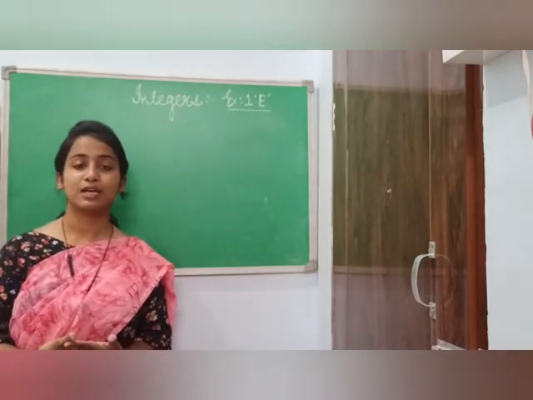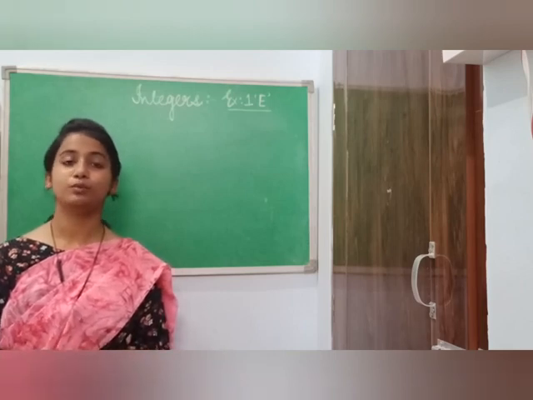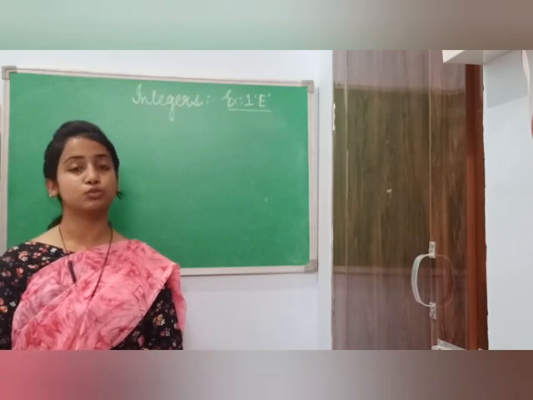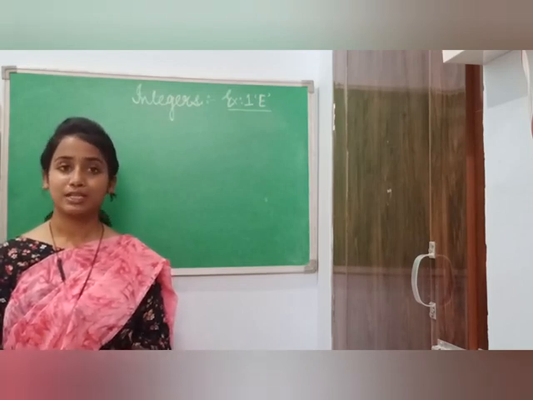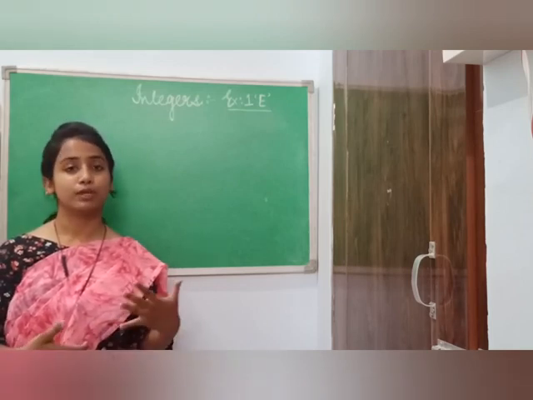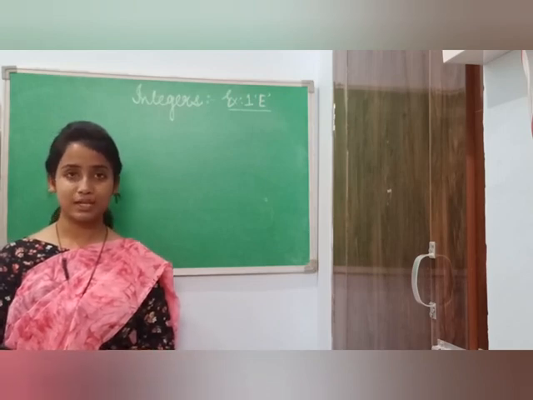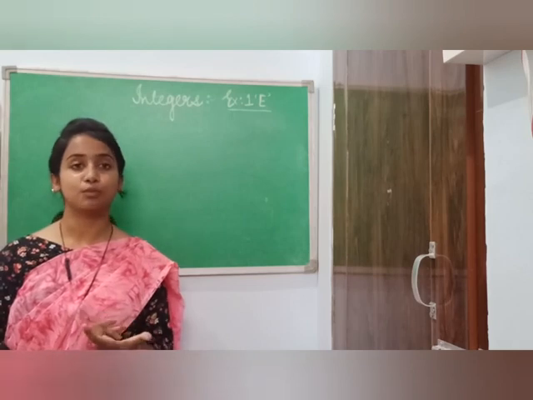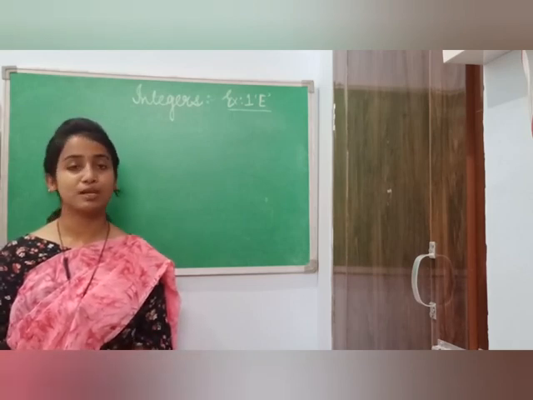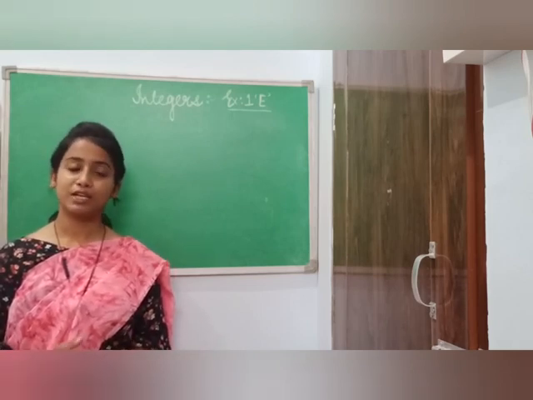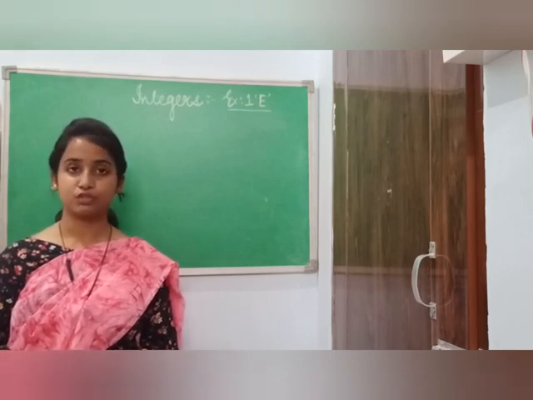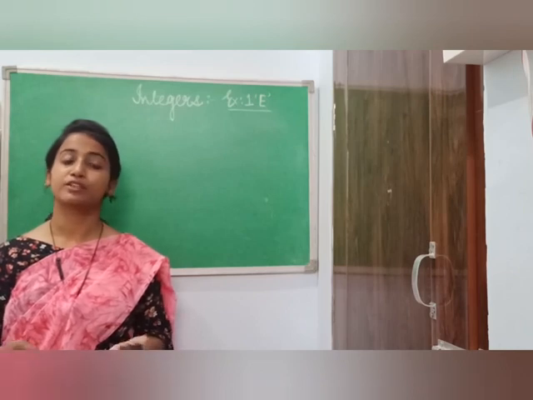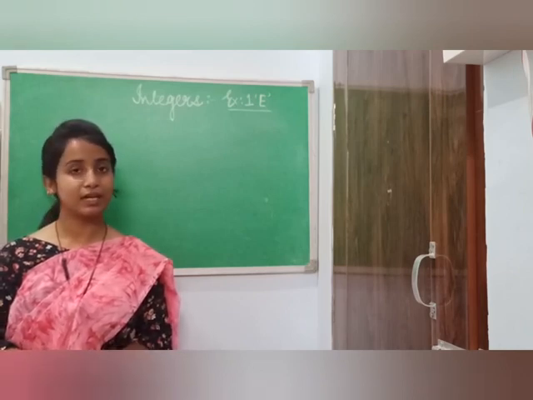For this exercise we need to understand the questions well. We'll read the questions twice and understand what operation we need to do. We will be using whatever we have learned from the previous exercises. If the question says words like find the sum of or find the total of, it means we have to do addition. If the question says find the difference of or find the remaining or leftover, it means